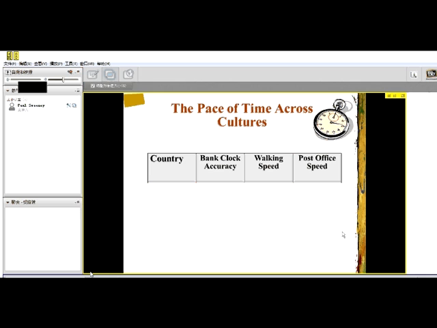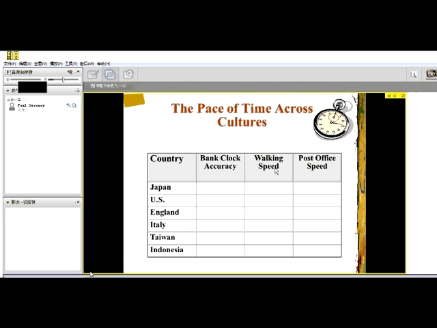What he in fact did, and anybody could do this at any time, he just bought one of those cheap atomic clocks at Radio Shack. You can get it for 25 bucks, and you can get time down to very, very precise measures. He also indexed what he called walking speed, and it was literally that. What Levine did was he'd take samples of all these measures and others I'm not talking about. He'd take samples in a whole bunch of different countries, Japan, US, UK, Indonesia, and so on. And I've only given you a sample of various countries here. His sample's much larger in his study.